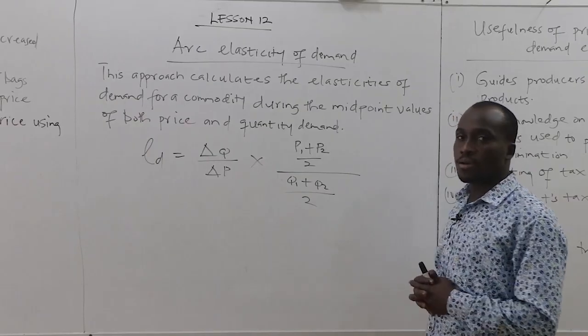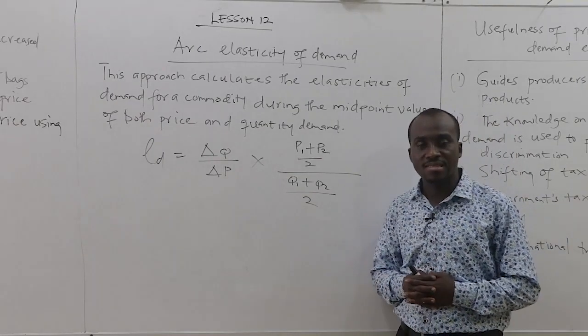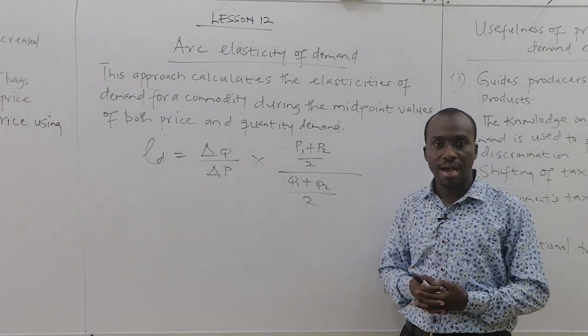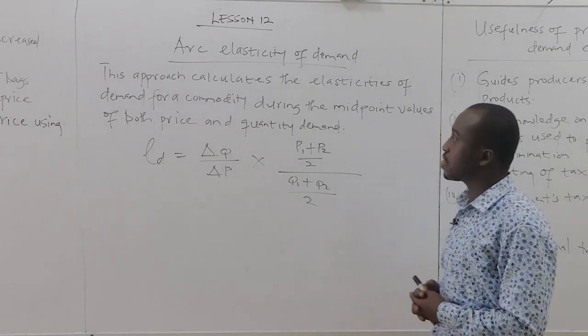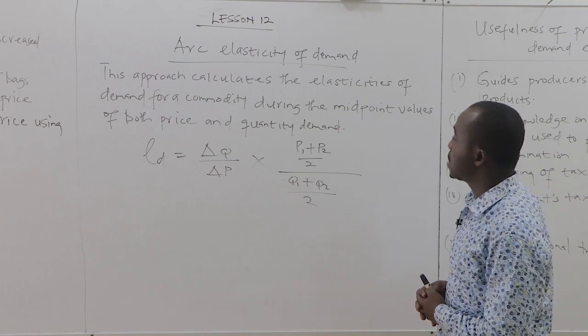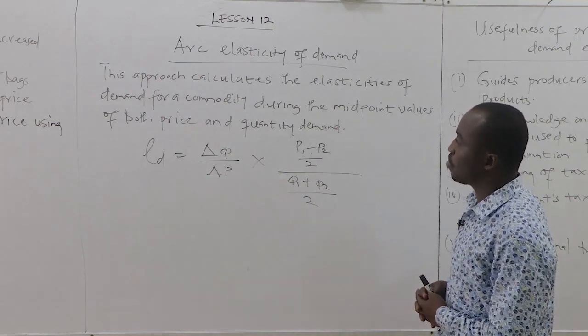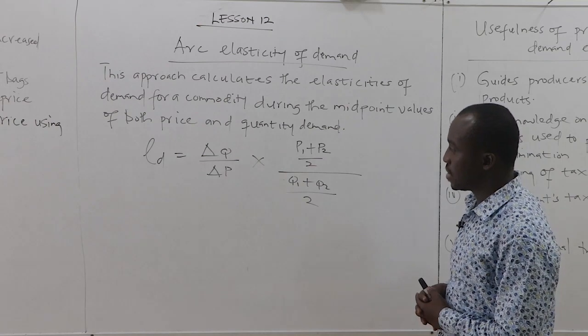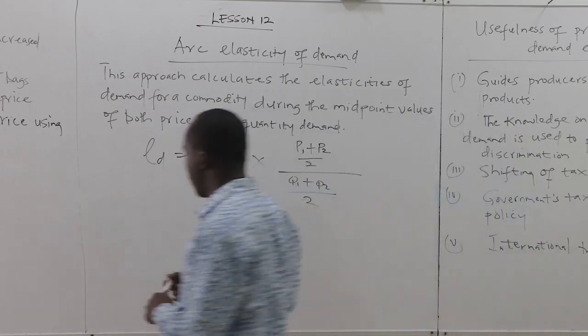So I told you that when it comes to elasticity, we have the point elasticity approach for estimation, and we have the arc. With the arc elasticity, what do you see? This approach calculates the elasticity of demand for a commodity using the midpoint values of both price and quantity demanded. So for instance,